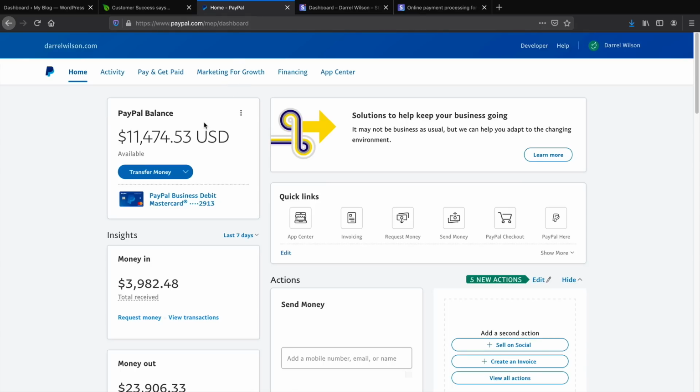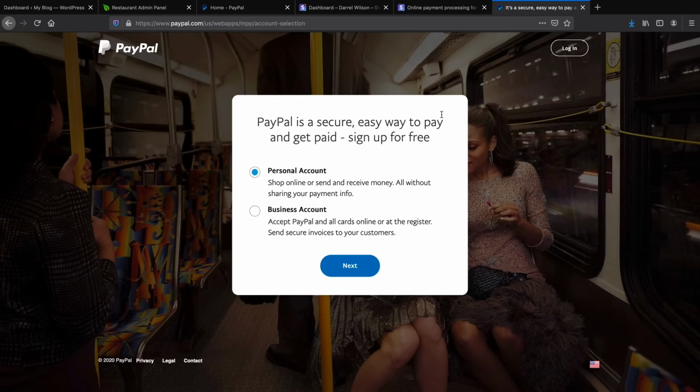Alternatively, you can also go to paypal.com. So paypal.com, again, is another free service, and you'll need to sign up with a business account. So when you first sign up, there are 2 accounts that you can use to sign up with. So you'll see this screen right here. It is a personal account and a business account. You will need to select a business account, and this will basically allow you to accept payments as a business because you'll need to enter an API key, and you're only given that API key if you sign up with